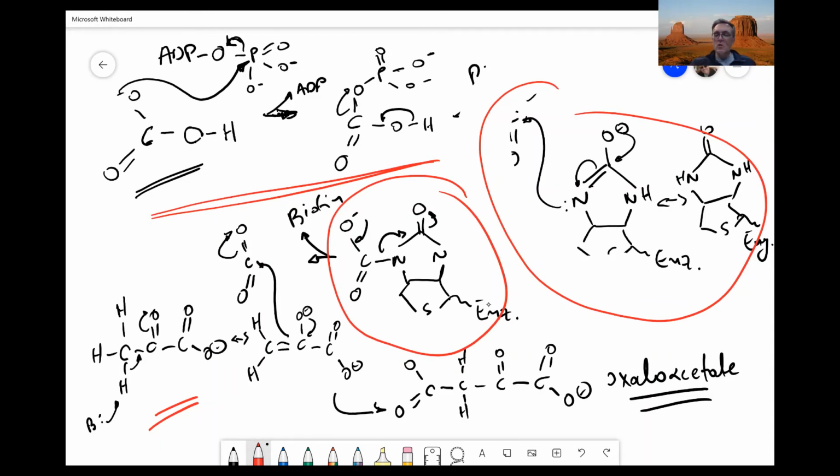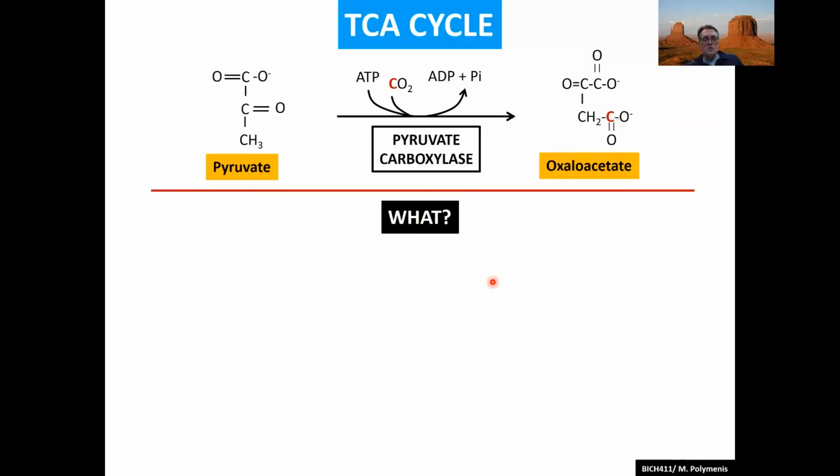Okay, so let me stop sharing this screen and we'll go back to our slides and share another screen. We're going to see the mechanism again here. So this is again pyruvate carboxylase. We just went through the whole reaction. It's an enzyme